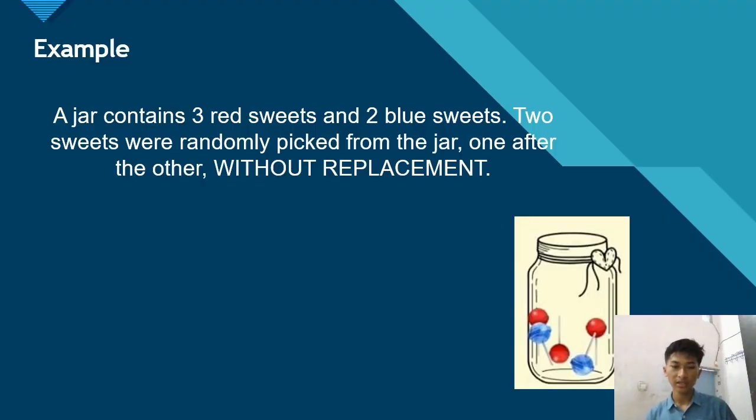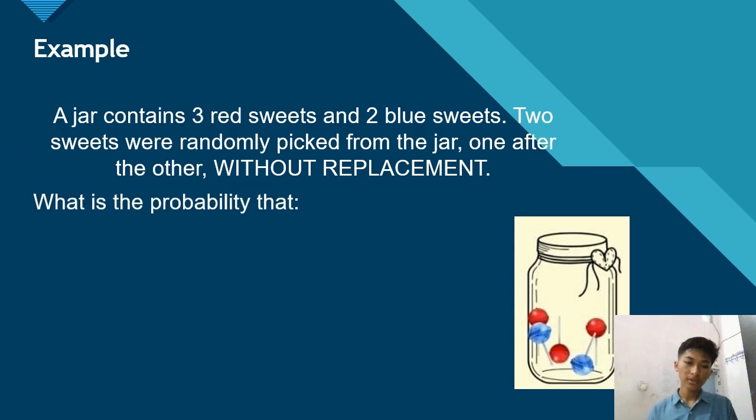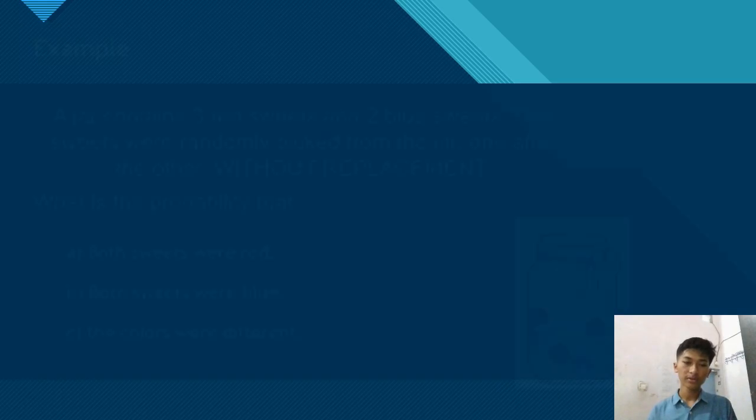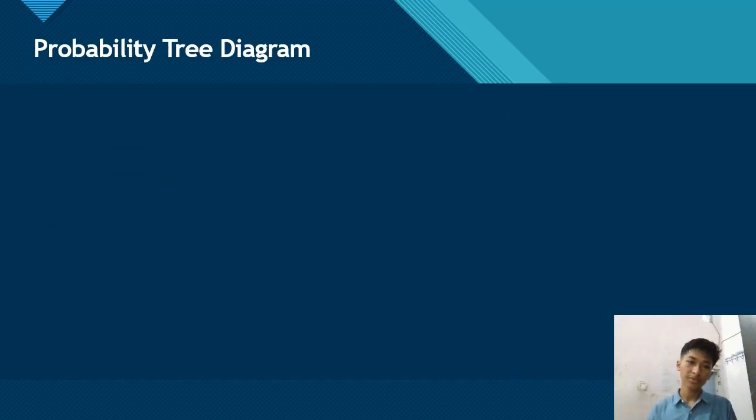A jar contains 3 red sweets and 2 blue sweets. 2 sweets were randomly picked from the jar one after the other without replacement. Okay, the question: what is the probability that A, both sweets were red, B, both sweets were blue, C, the colors were different? The answers: